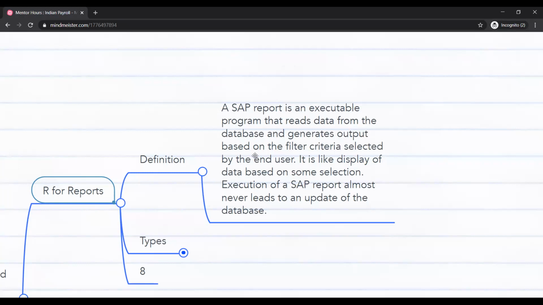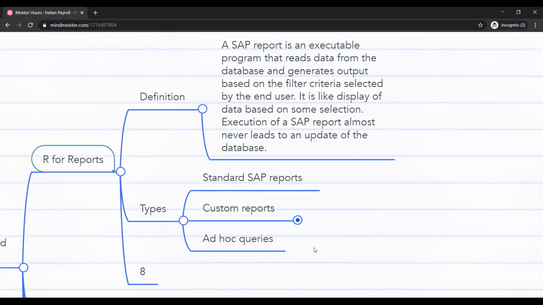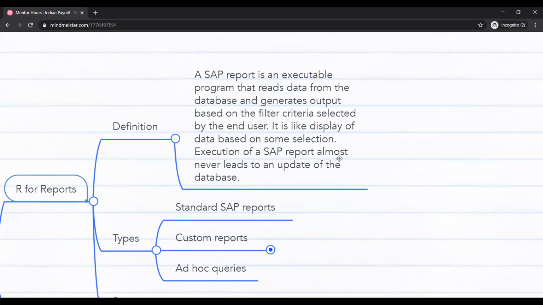That is a report, and there are different types of reports also: standard, custom, and ad hoc queries. In a typical report, whenever you execute it, it will never update the database. You have to remember that.